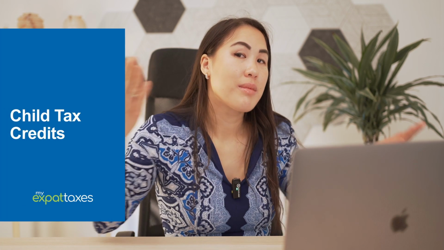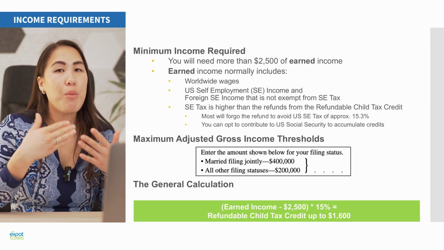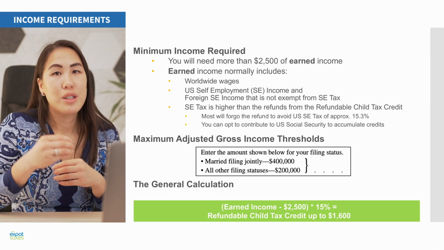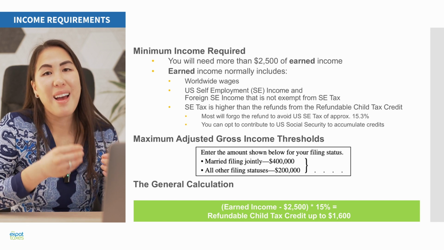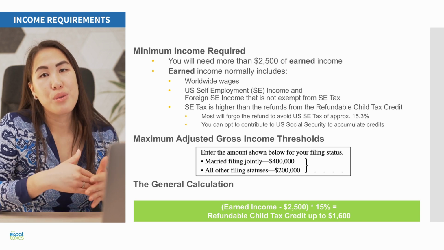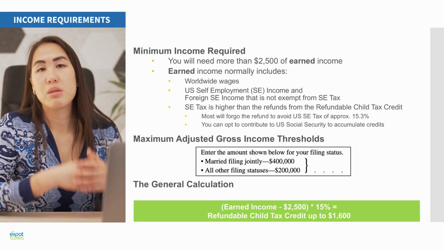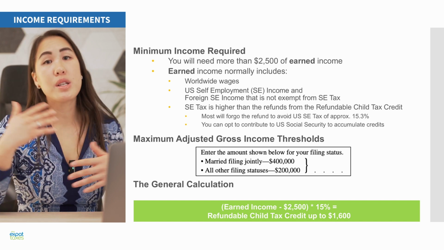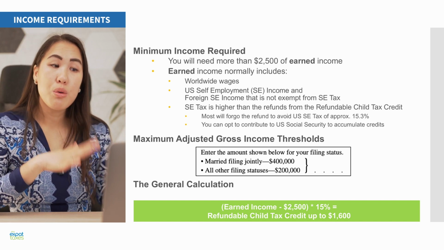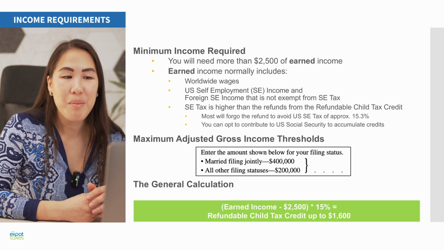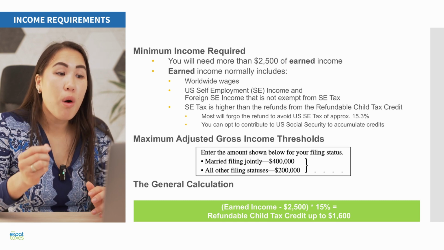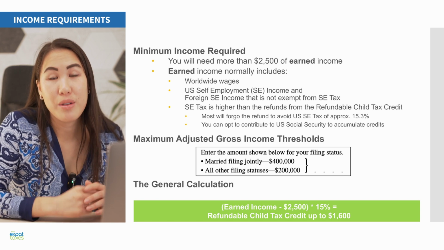So how do you claim this refund? Because there's always a fine print. And that's what we're here to sift through. What is the fine print of this refund? So the first one is you need to have a minimum amount of income. So what that is, is you have to have at least more than $2,500 of earned income. And earned income is worldwide wages. So it can be US wages, it can be foreign wages, it can be US self-employment income, so net income, or foreign self-employment income that is subject to